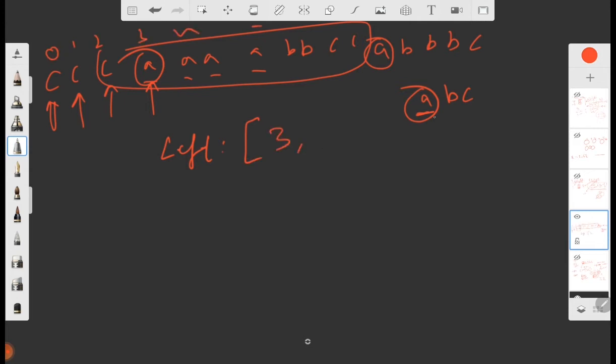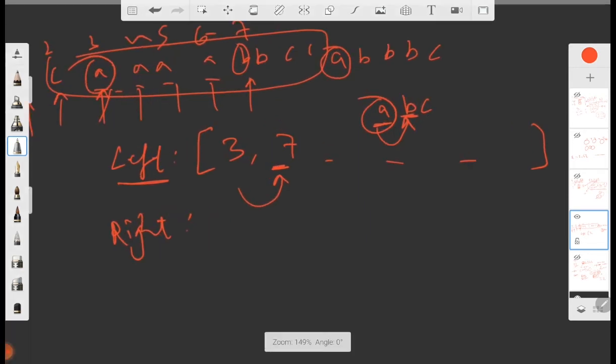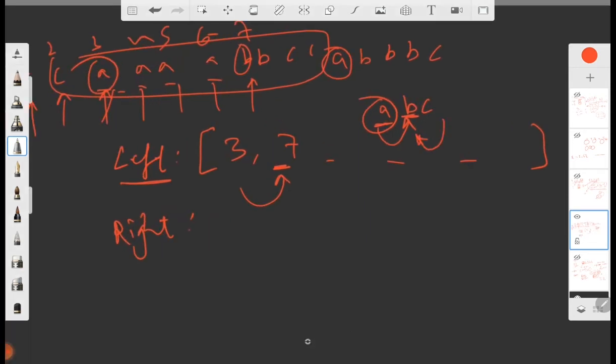Now let's move our pointer to b, and I will find b: no b, no b, yes, I got b. So I will place the index, 4 5 6 7, so 7 will be placed here. I make this array from the left side, and similarly a right array from the other side.